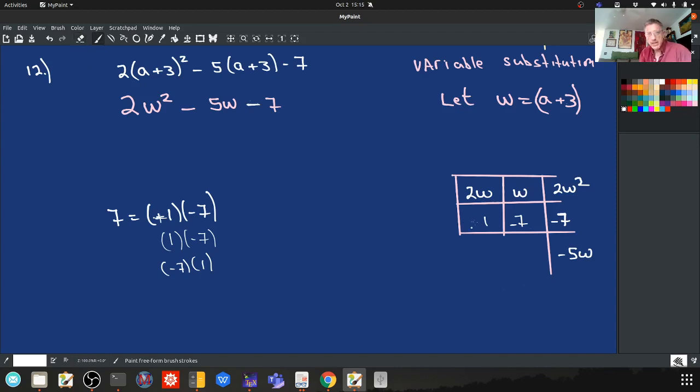And now proceed. This gives me 2w minus 7w, and that gives me minus 5w. So I have my factorization. All I have to make sure is I get the grouping right. So this is equal to 2w minus 7 times w plus 1. But I'm not done, because my original polynomial